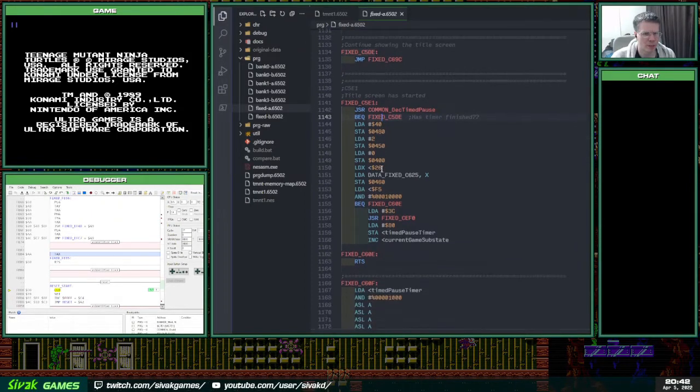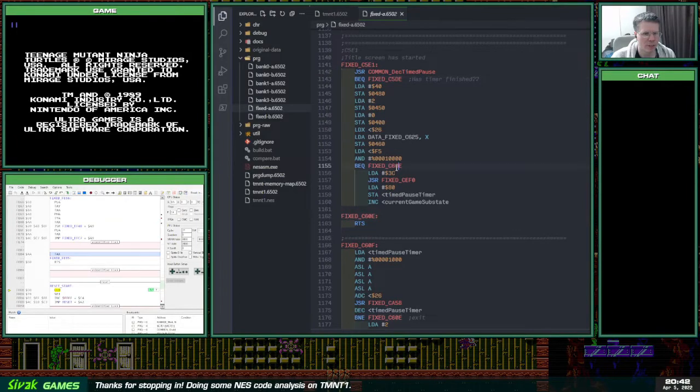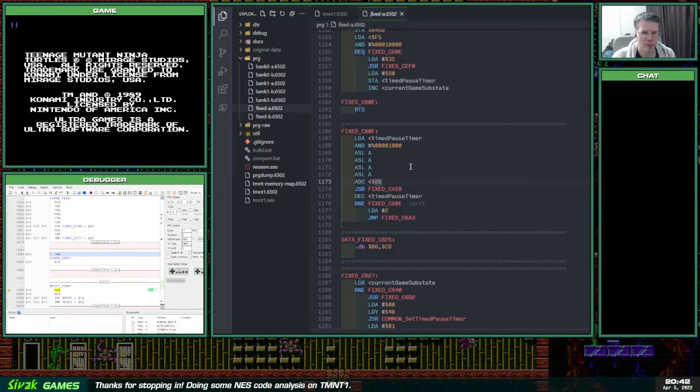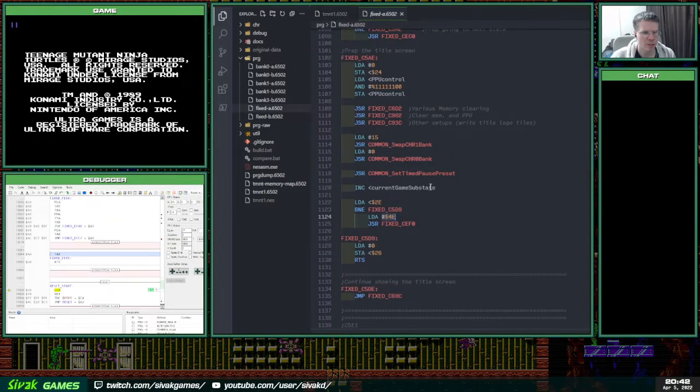But when this is initially called, let me just look for it here. So this code here, it's not labeled yet, but this is actually the routine which queues up a new